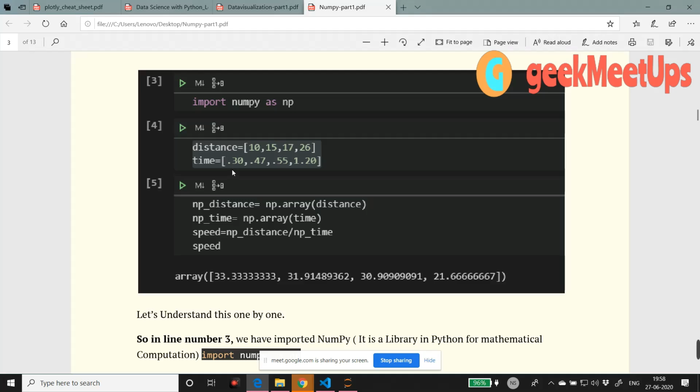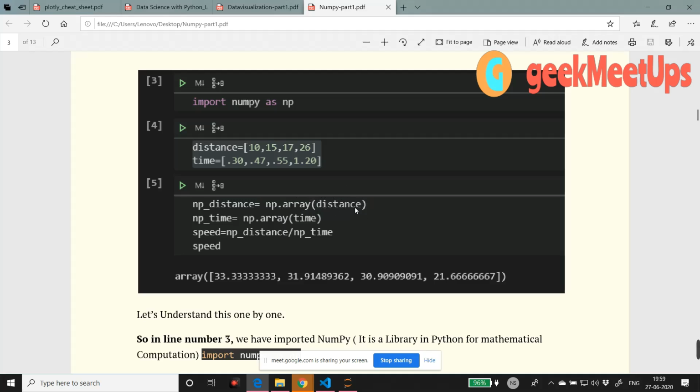After that, we have two lists. We have to convert these two lists into NumPy arrays. For converting this, we have the array function. We call this array function on its alias, np, which indicates it is NumPy, and this array function takes one argument, and that argument is the list.